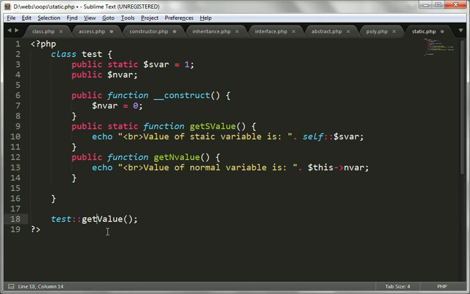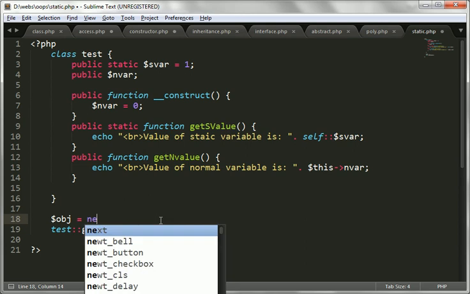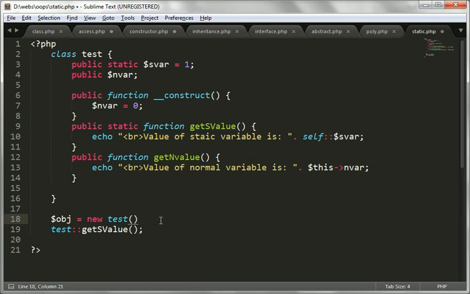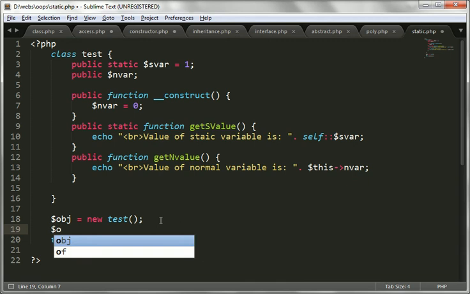Whenever you want to call this function, you have to create an object. So I will create an object here. First I will create the object, $obj is equal to new Test;